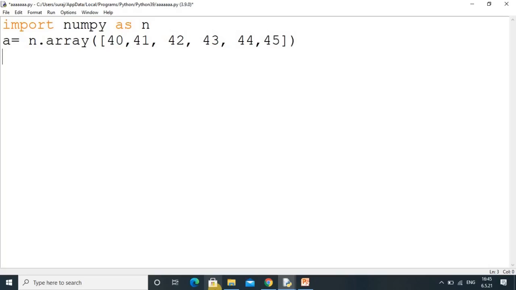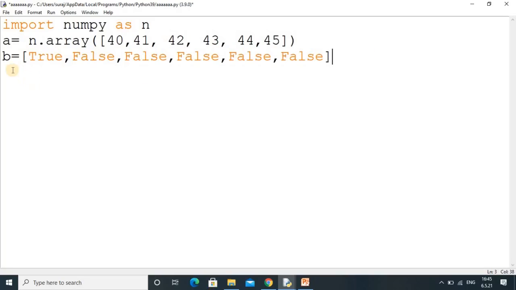For that, first we will take a new array, and from the existing array I want to extract some values. Like I want to extract the first value, so I have written True. The remaining values I don't want, so I will write False. This is the new array we have created, with the boolean values specified, because I want to extract only the first value out of the 6.